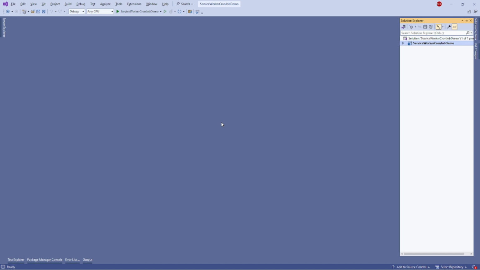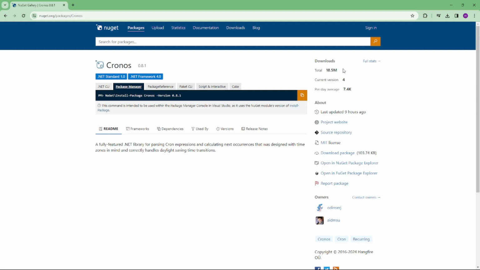Chronos is an open source project sponsored by Hangfire.io, and you can read the detailed documentation from here